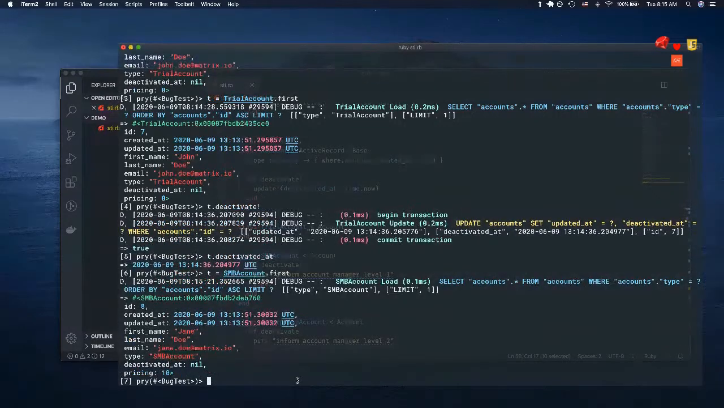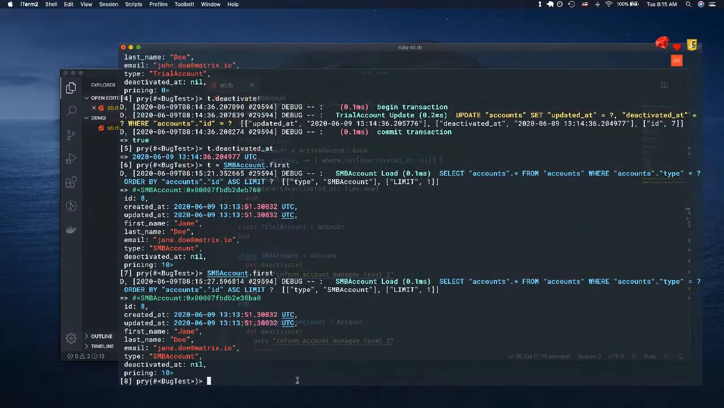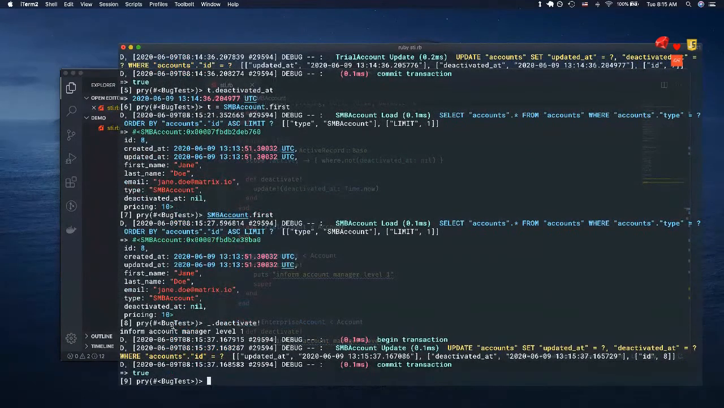Oh, I'm using T, so that's bad. So I can do this, and I can do underscore dot deactivate, right? See, it actually informs account manager 1, and it actually has a level. It actually deactivates as well, right? Because it updates the database with the